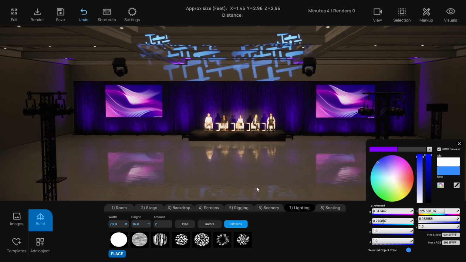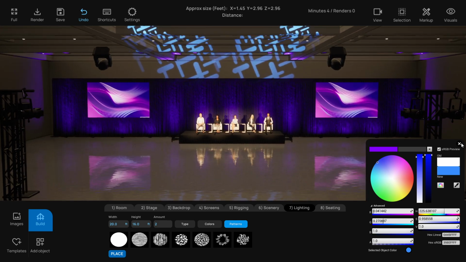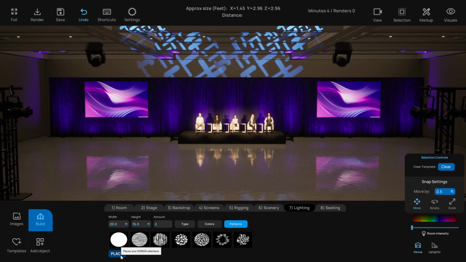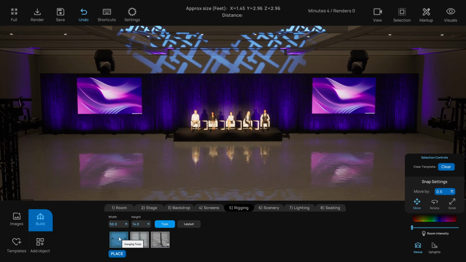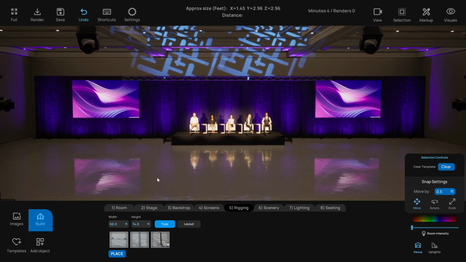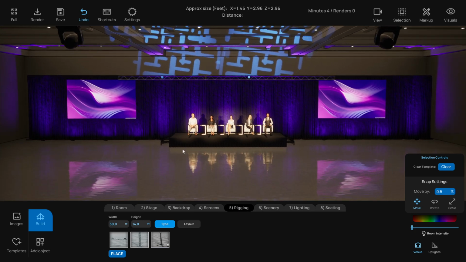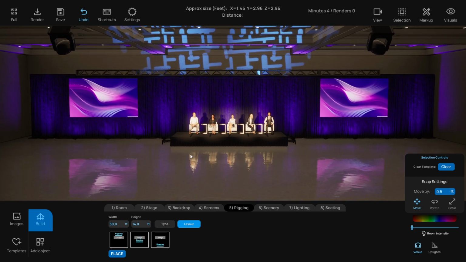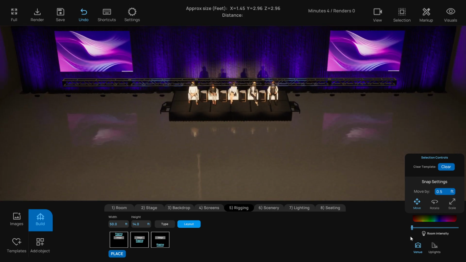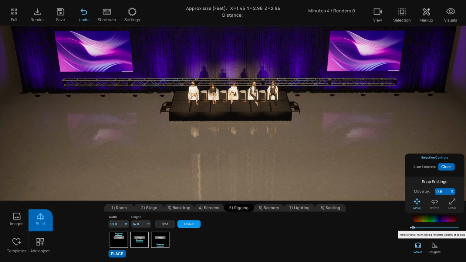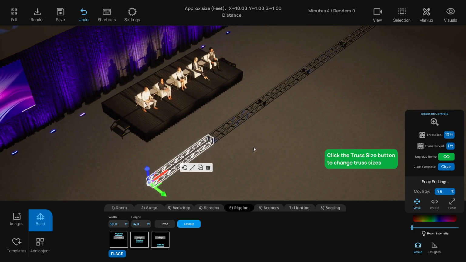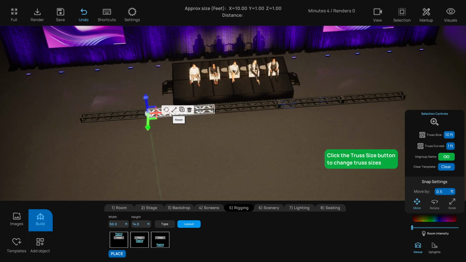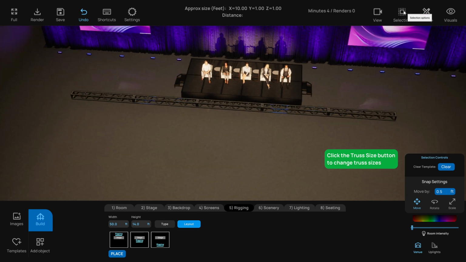We'll look at some circular truss options now, which is pretty cool. So again, let me place that, and then if I go to this rigging option here, I'm just gonna throw some truss up here, and I'm going to move it to the middle. And I'll turn up the room light intensity a little bit so that we can see it. So basically from here, what I'm gonna do is